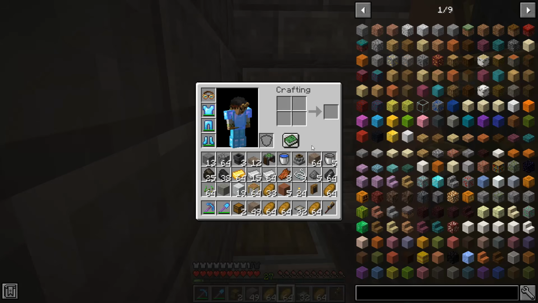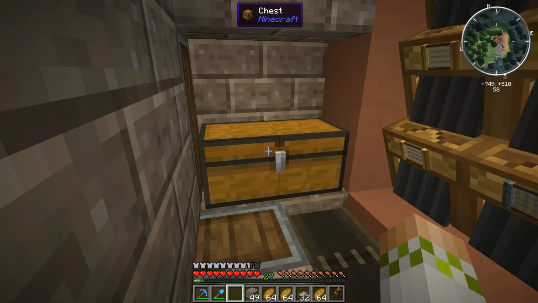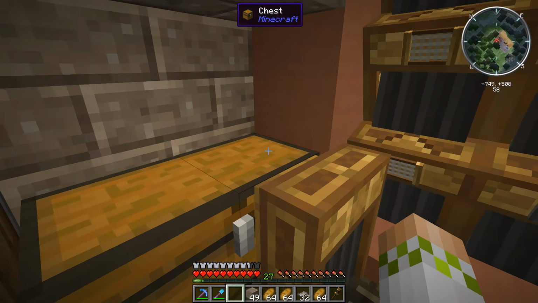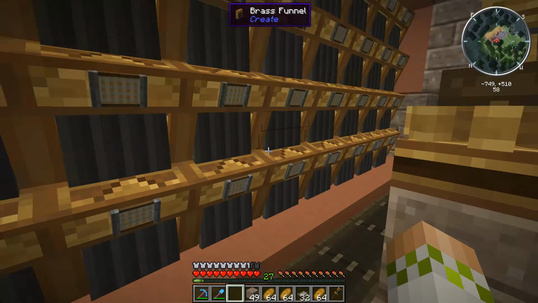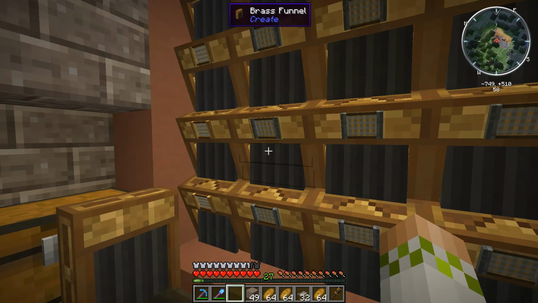So we can test this out when it's done. But I wanted to put down a double chest right here, and we want to put down a brass funnel going right in there and leave it like that. The purpose of this is so that when items come by and they are not properly filtered using any of these, which will inevitably happen,